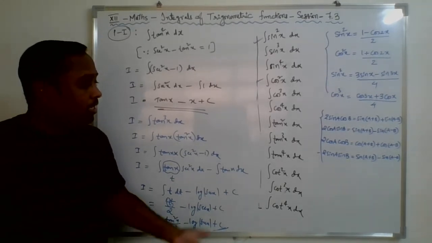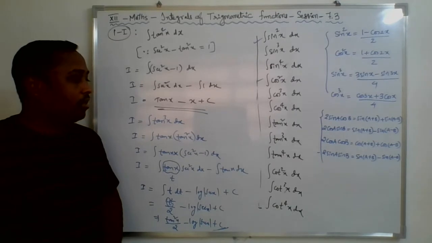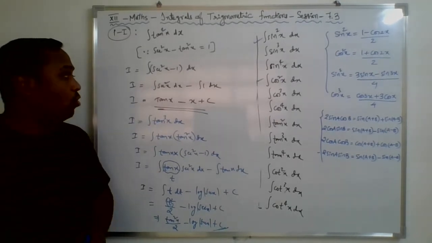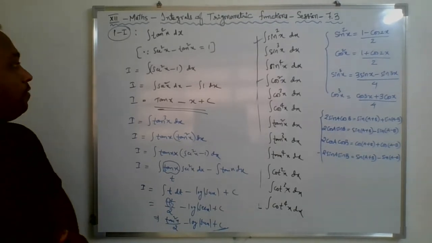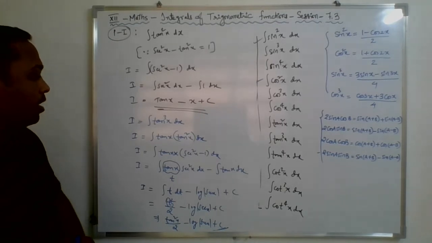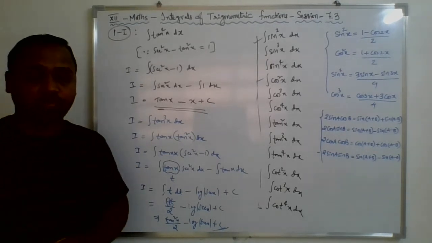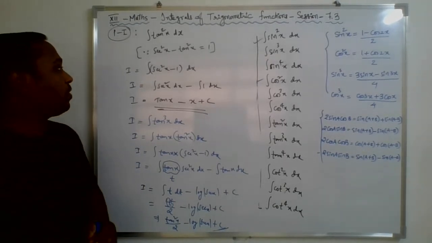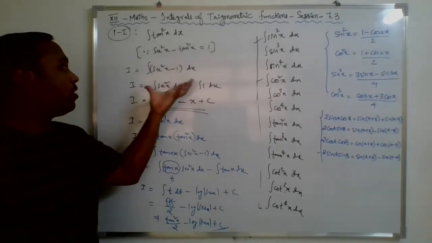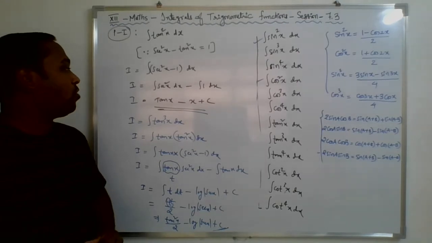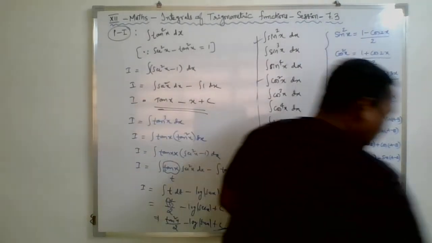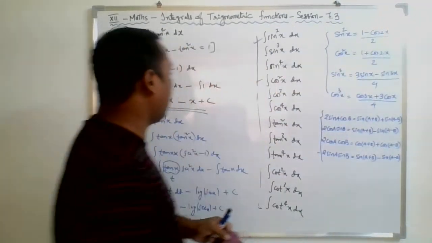Next, in a similar manner, what about if it is a tan power 4x? How we can go with tan power 4x? हम कैसे लिख सकते हैं tan power 4x को? Tan square x into tan square x लिखे, फिर tan square x को लिखे sec square x minus 1 the whole square, then go with the a minus b the whole square and all, right? So इस तरीके से कोशिश करते हैं कि क्या होता है and we'll see.